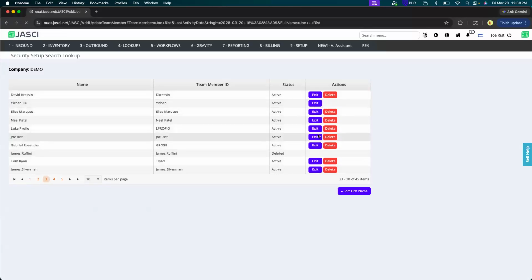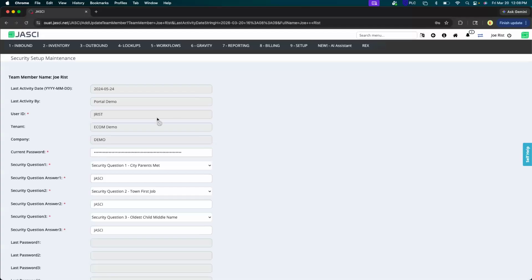Here it is. So if we look here and you could see the password, it's going to be encrypted, so that you can't see what they chose to put their password as. However, you can overwrite this, and when you overwrite this, what it does is it's basically like you've given them the ability to reset their password upon their next login. And this is what we do at the initial creation of users in JASCI